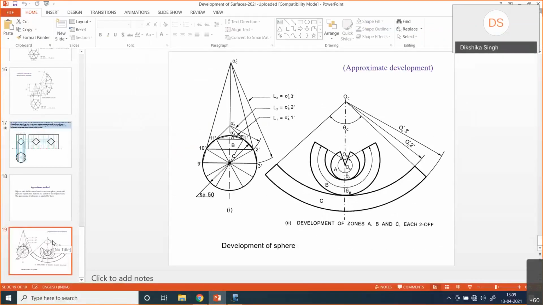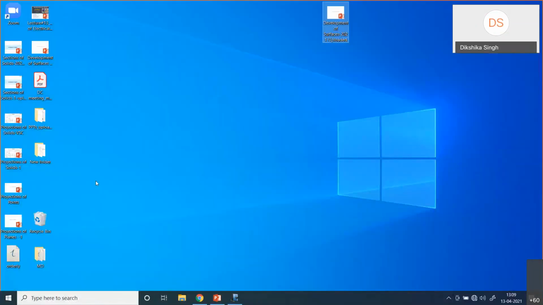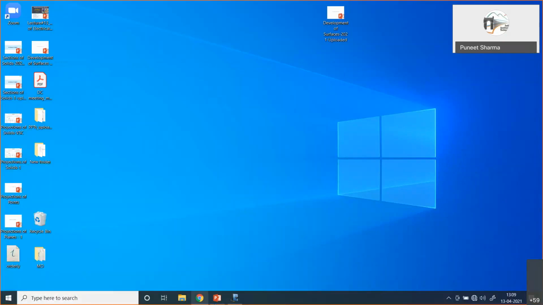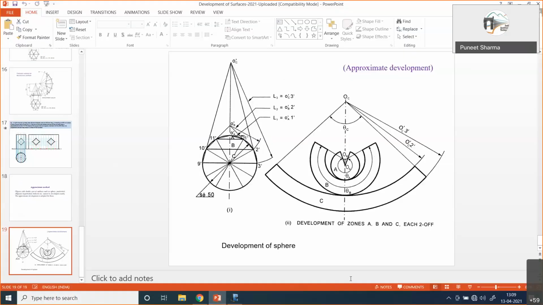So could you please also tell that for the distance between OC and OA, we will take it on the lateral side, because that will only give the true length. For this one only you are saying? Yes, sir. Just a moment.